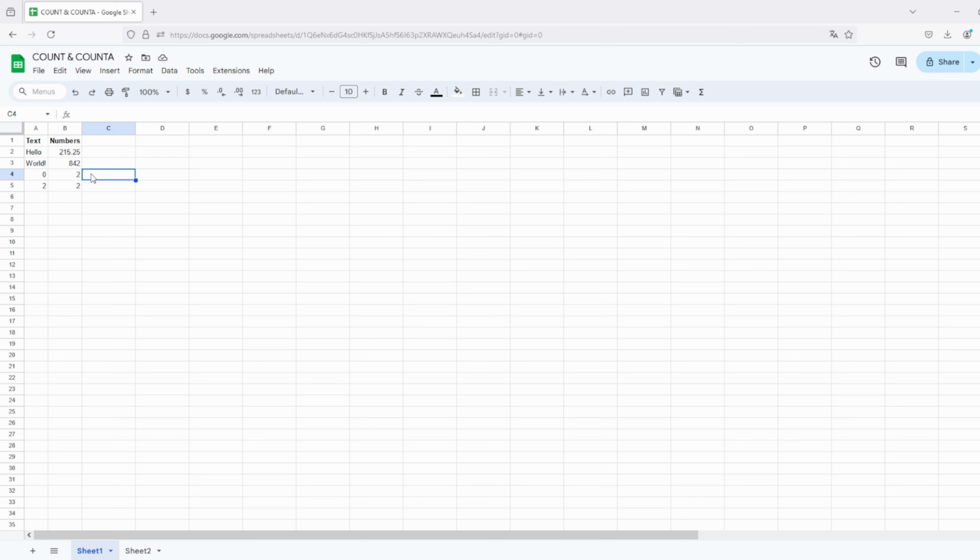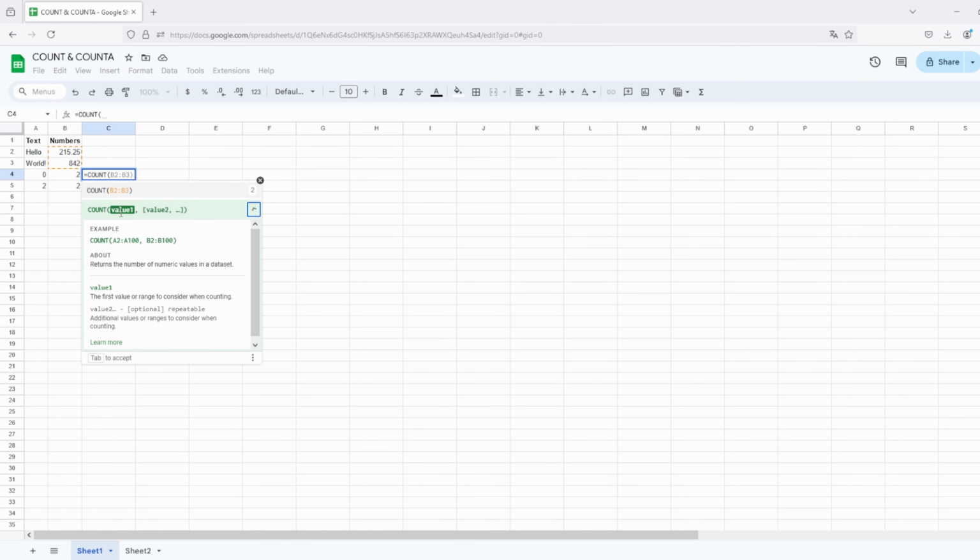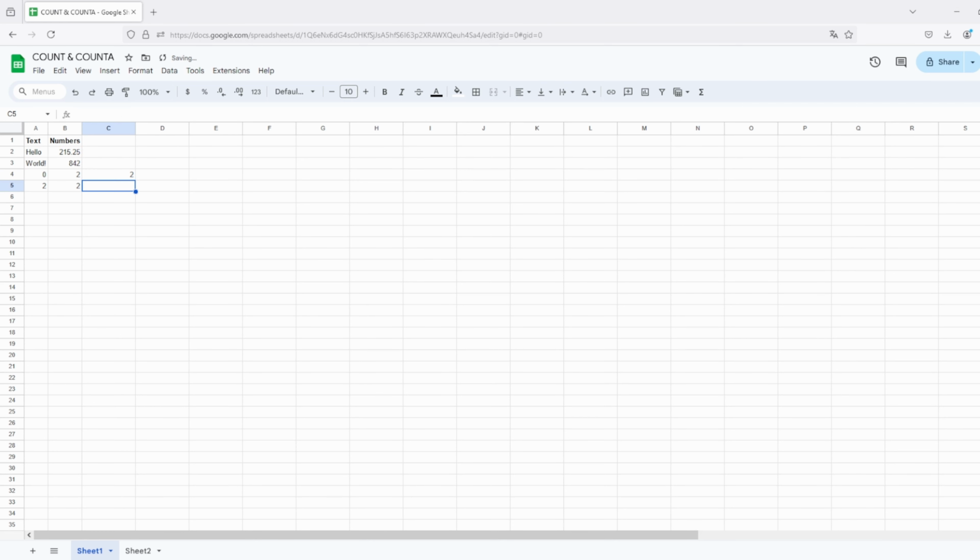So it has to do with that count is, if you read here, it's only for numeric values. So we can add numbers, areas, like last time with sum. We can add 1, 2, 3, whatever you want. And for count A,